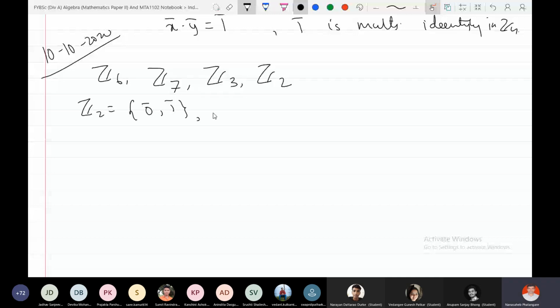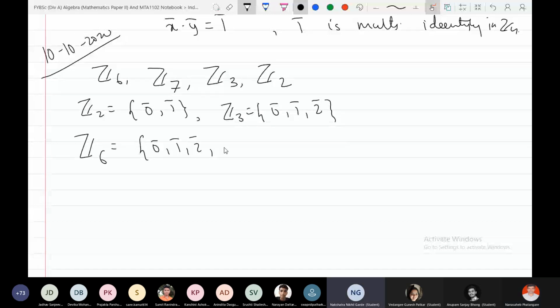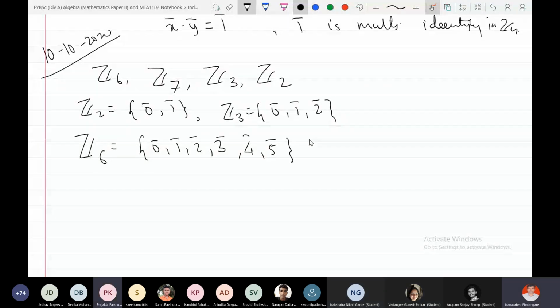And Z3 is 0 bar, 1 bar, and 2 bar. Okay, so now Z6 is 0 bar, 1 bar, 2 bar, 3 bar, 4 bar, 5 bar. Now if you write the multiplication table,